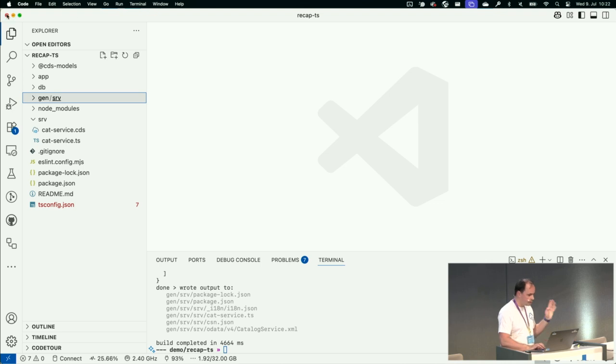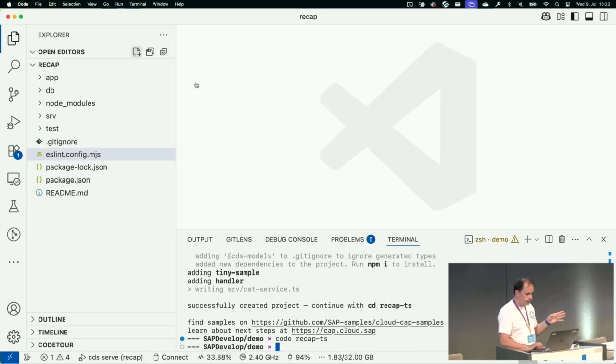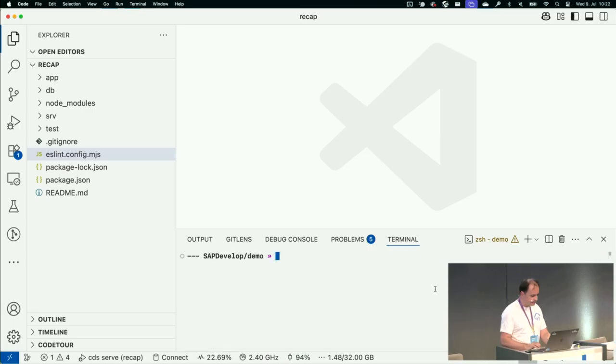All right, so that's a quick run through TypeScript land. Apart from that, we're constantly adding new types, also based on the feedback that we got. Next up is